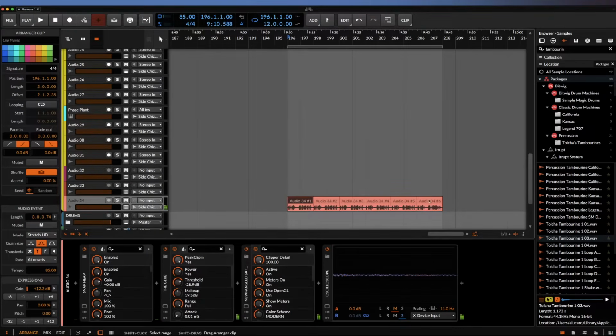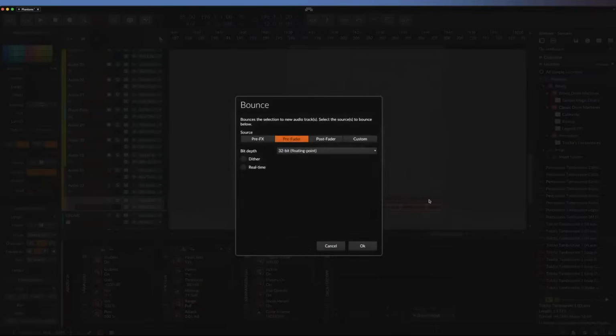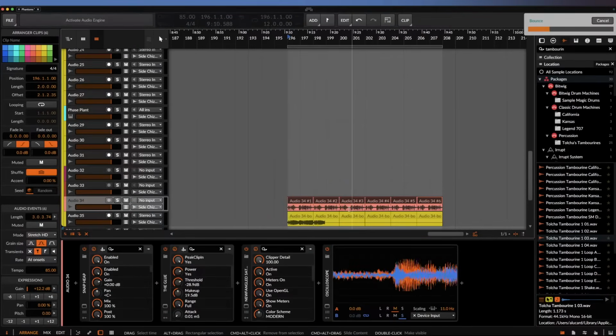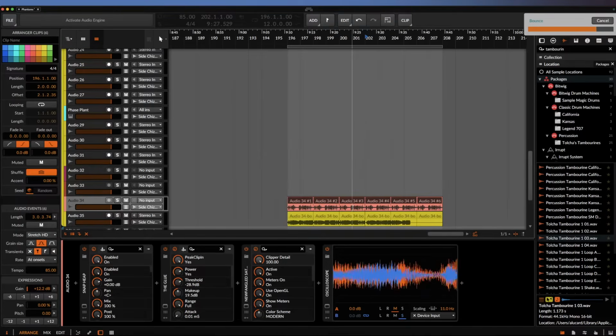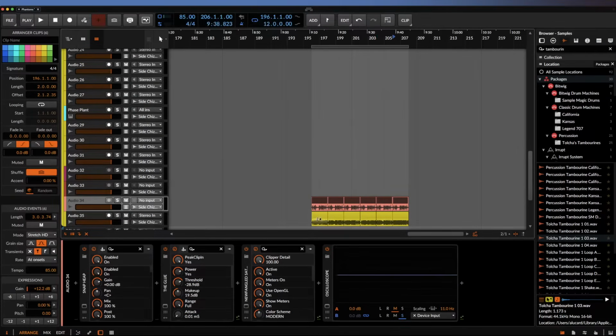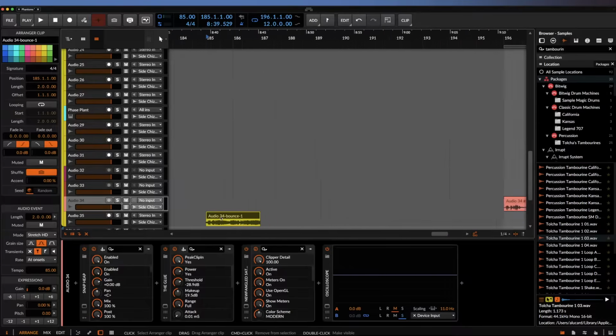Cool. So the next thing to do is we can just bounce it out and see what we get. I'm not really too concerned about it, but within this we've got several different aspects of this phrase that we can literally just click and drag over here and start to make little changes too. So I'm going to take a listen to how this sounds.